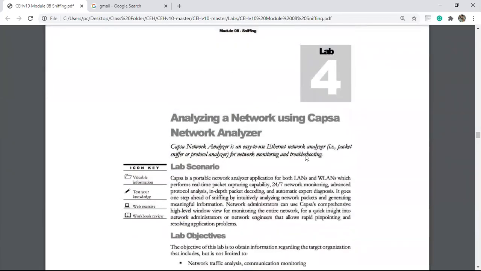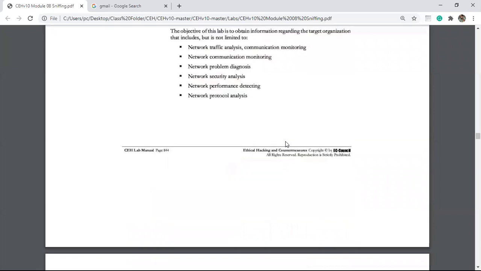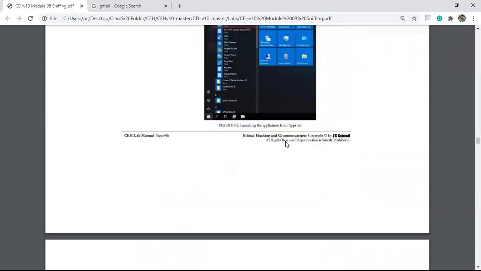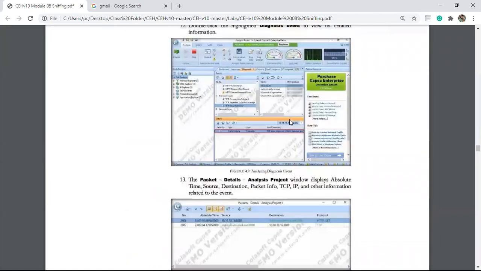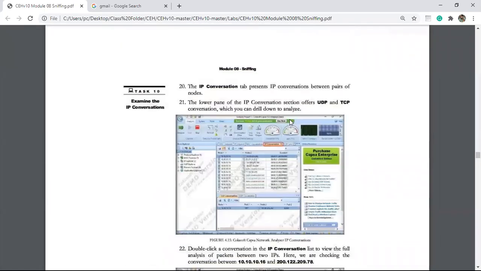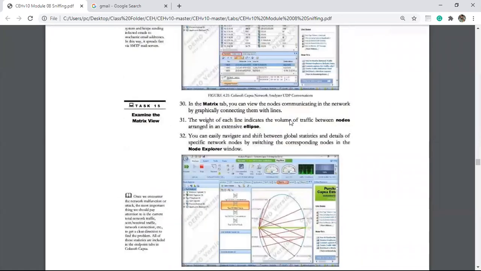Now after having the practical on Wireshark and Cain and Abel, just like that we are also having multiple tools, and one of the multiple tools is CommView network analyzer. Just like Wireshark and Cain and Abel, it is also used for sniffing the packets and analyzing the data which is being sent over the internet or the local area connection or the wide area network. So it is the tool.